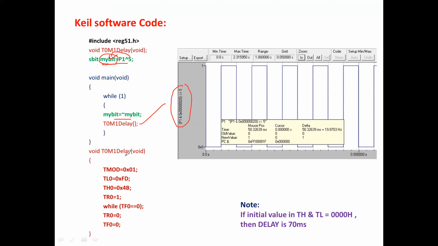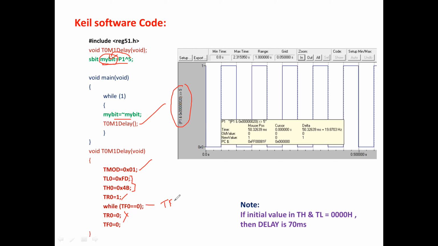For each and every toggling, I'm calling a delay. The delay function always starts with TMOD for selection of the timer mode. Okay. So here assign the initial value, turn on the timer, and stop the timer. Before stopping, check for the flag.